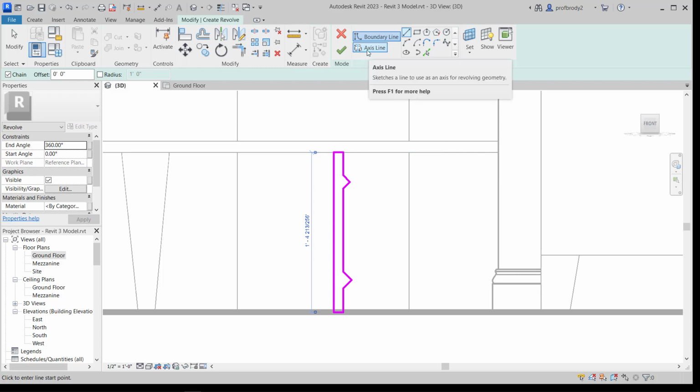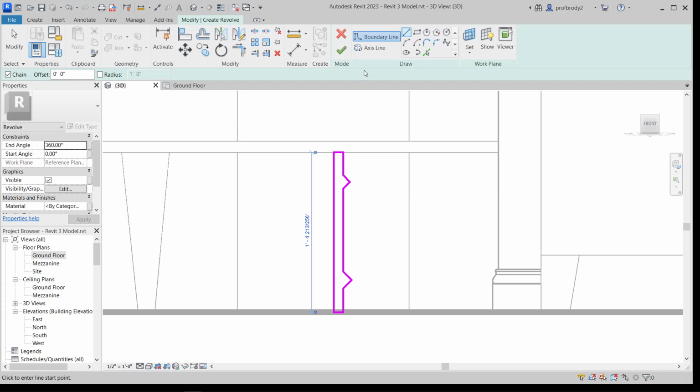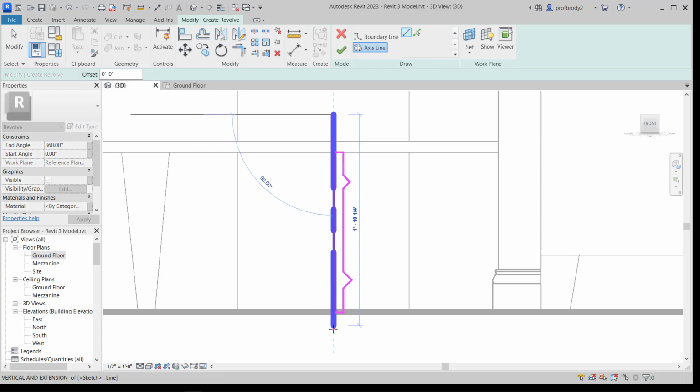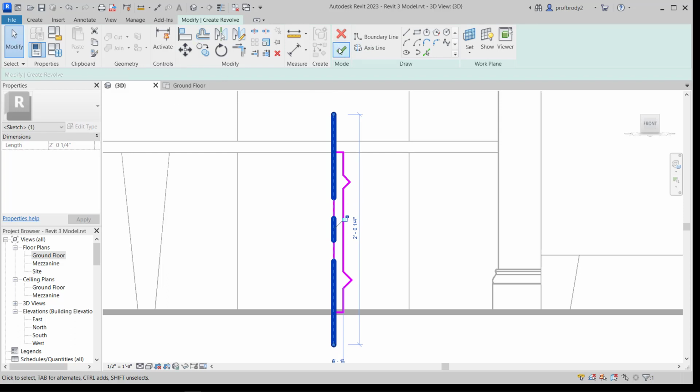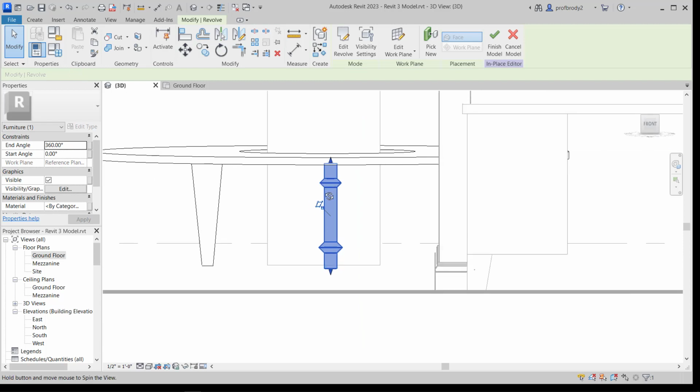Anyway, the axis line is the line around which this object is going to rotate. If the line does not touch the object, if it's, say, out here, I'm going to end up with a kind of cylinder. However, I think I'm going to draw it along this edge here so that I end up with a solid object. And I'll click the checkbox,